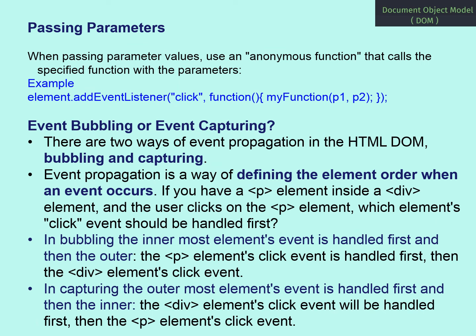Now we can see how we can pass parameters. Passing parameters: when passing parameter values, use an anonymous function that calls a specified function with the parameters. Now we can see the example, element.addEventListener, click, function myFunction of p1 comma p2. So here what happens is,